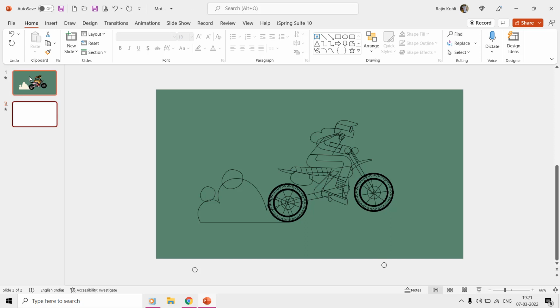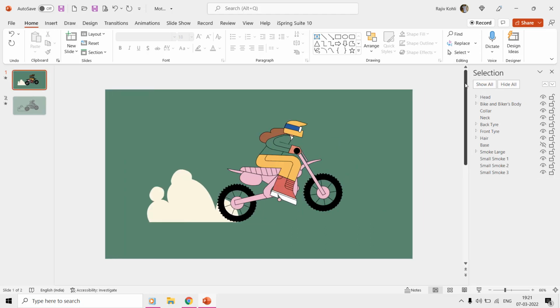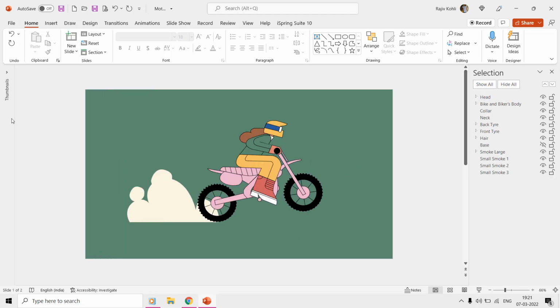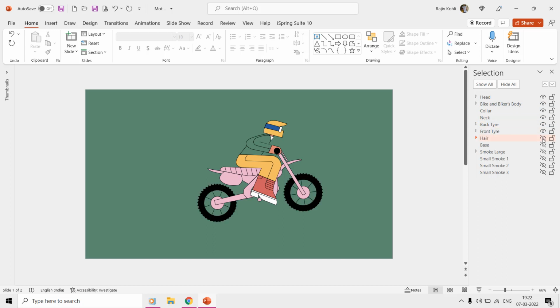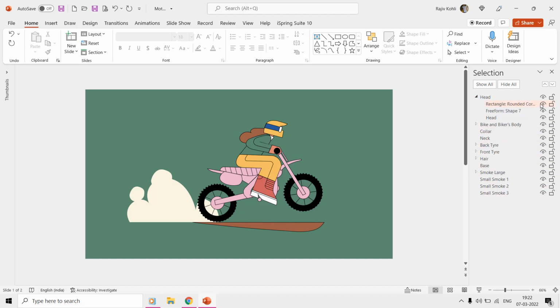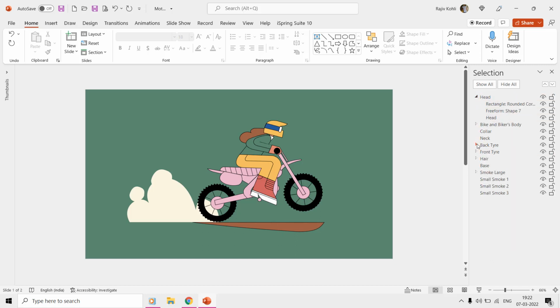Now, let's move back to the first slide and open the selection pane from the Home tab to see all the objects we used to design the scene. Here, if I show each of the shape objects one by one, then you may have a good idea of how the girl and motorbike have been designed using the Shapes tool from the Insert tab. Many of these shape layers are grouped objects like the head, which is a combination of 3 different shape layers. You can expand those layers in the selection pane, using the arrow sign in front of them to explore all the sublayers, which have been grouped to create a single object.